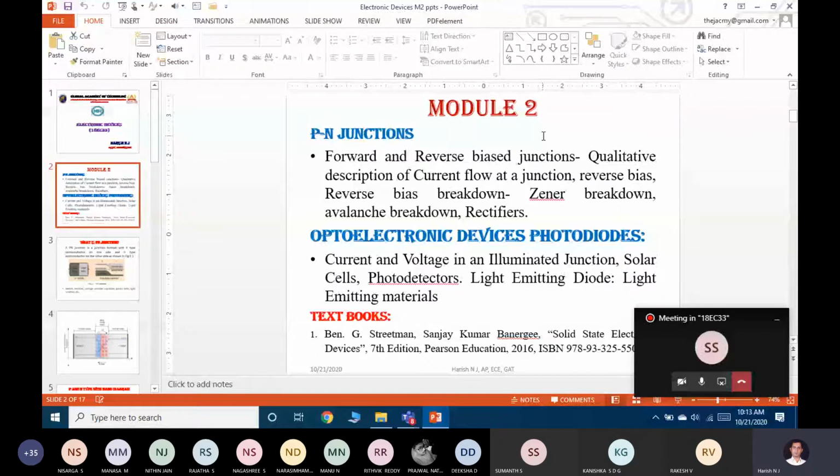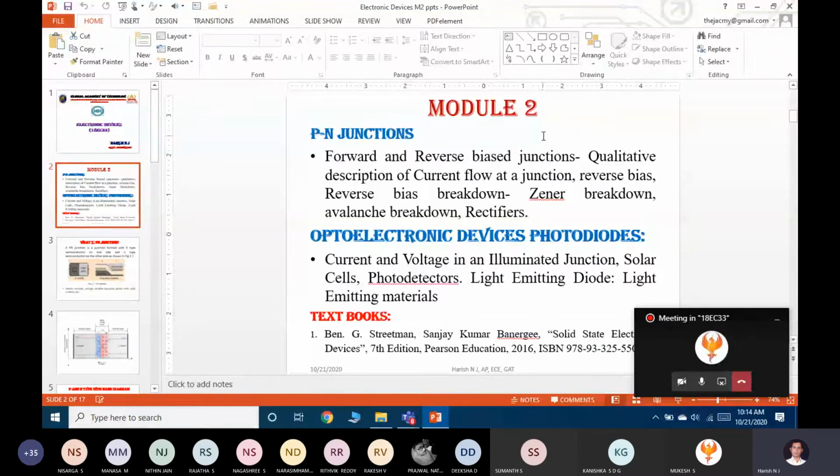Starting from the forward bias PN junction diode. When the positive terminal of the source is towards the P type semiconductor, it is forward biased and current flows through the diode. You are not only connecting the P-type semiconducting material to the positive terminal of the power supply. You have to mention it with respect to the N-type, or with respect to the negative terminal. So the P-type semiconducting material is connected to the positive terminal of the power supply, and the N-type semiconducting material is connected to the negative terminal of the power supply.